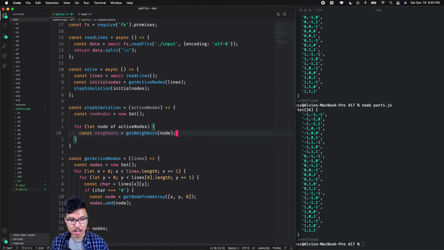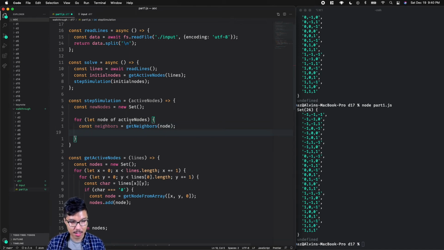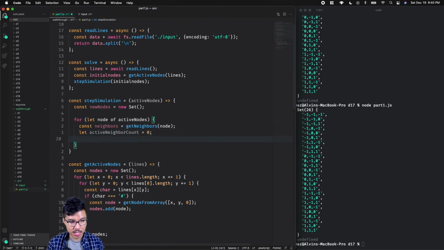And according to our rules in the problem, they say that, hey, if this active node has exactly 2 or 3 neighbors that are also active, then we're okay to keep it active. So I'll go ahead and just check, right? I want to check the count of neighbors here. So I'll say maybe let active neighbor count. So it starts at 0. I'm just going to check all of these neighbors. So I'll say for let neighbor of neighbors